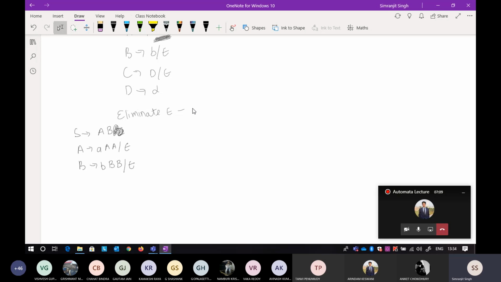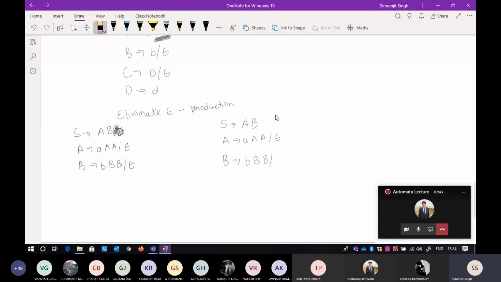What happens if epsilon is included in the start symbol is that there is no way to get rid of it. I have already explained that. Now, how do you solve this question? It is pretty straightforward. You just write all the productions as they are, without changing anything: a, then epsilon, and then b, b, b, b.